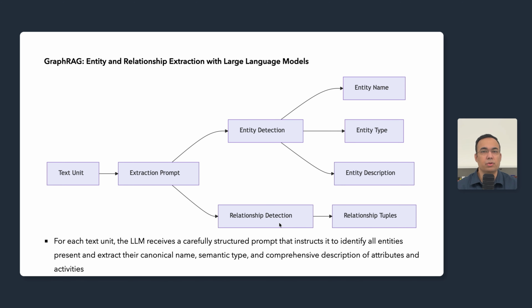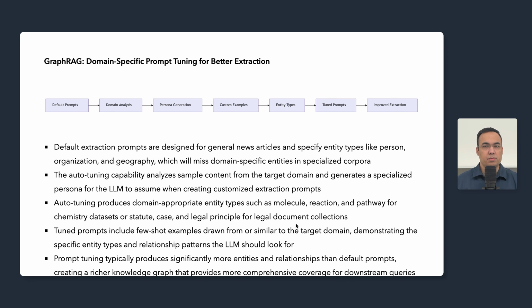Now let's discuss how to tune these extraction prompts for specific domains. Now let's talk about domain-specific prompt tuning and why this step is critical for getting good results from GraphRAG in specialized cases. The default extraction prompts that ship with GraphRAG are designed for general news articles, specifying entities like person, organization, and geography. While these work well for news content, they will miss domain-specific entities that are important in your